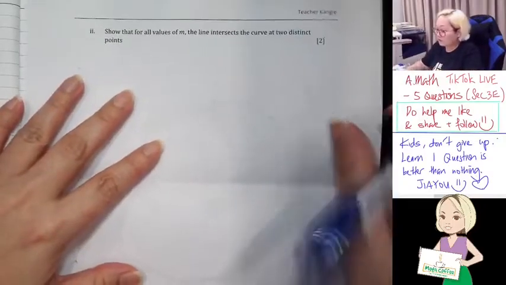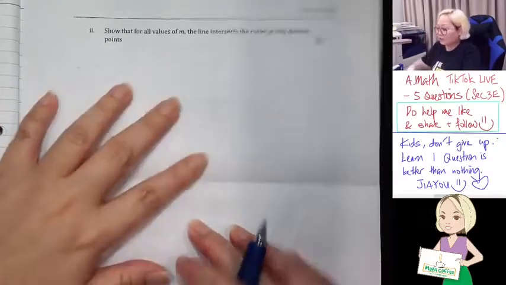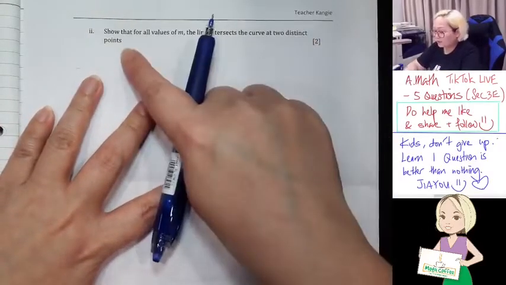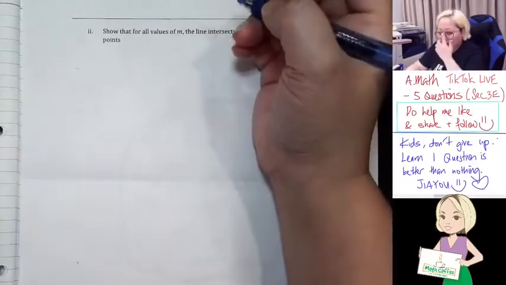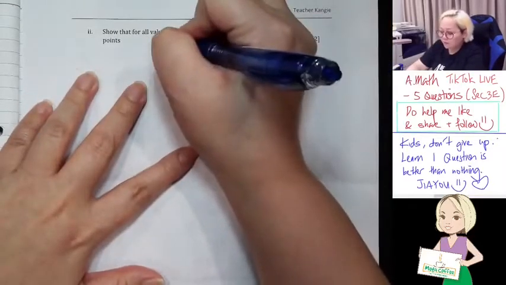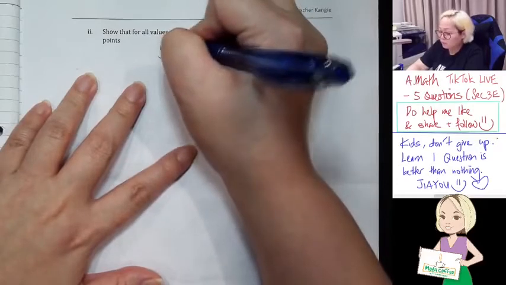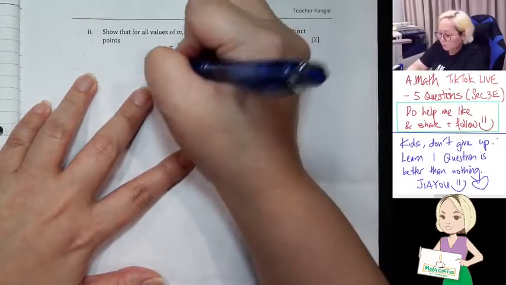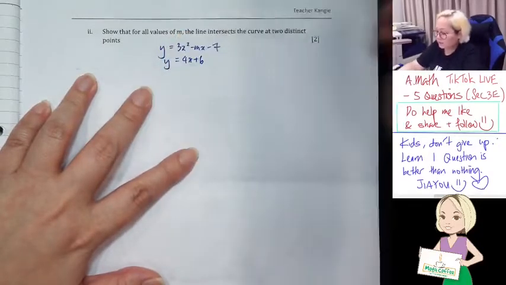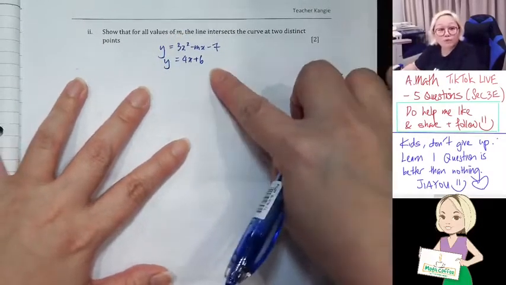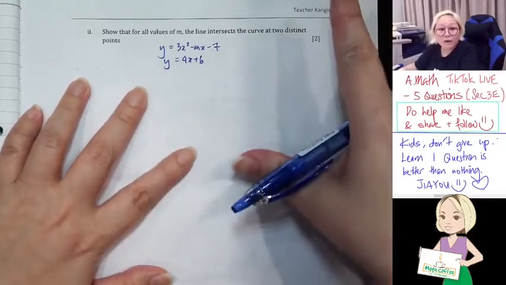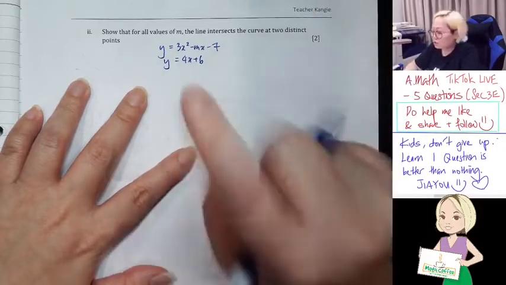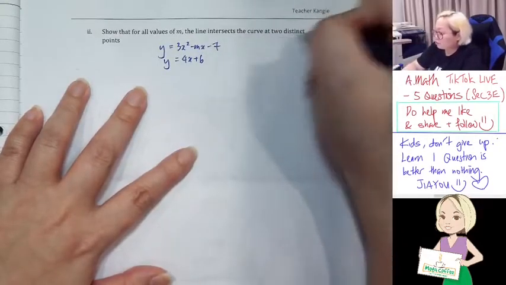Okay, we are not done with just now that question. They say show that for all values of m, the line intersects the curve at 2 distinct points. This is not an easy one. Okay, first, let me just write out the curve. Previously, the curve they tell me is y equals 3x squared minus mx minus 7. Then the line is y equals 4x plus 6. They want you to prove that for all values of m, the line and the curve will intersect at two distinct points. So indirectly, they want you to prove